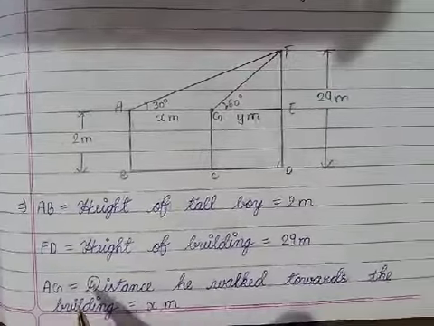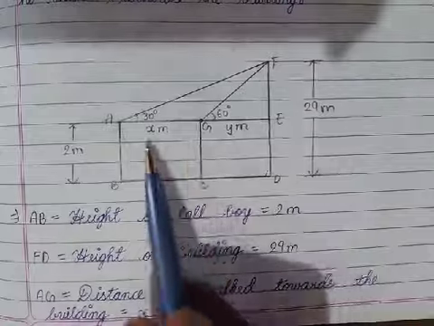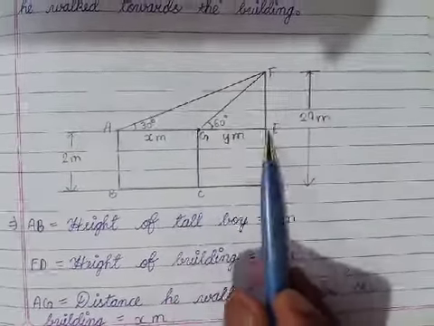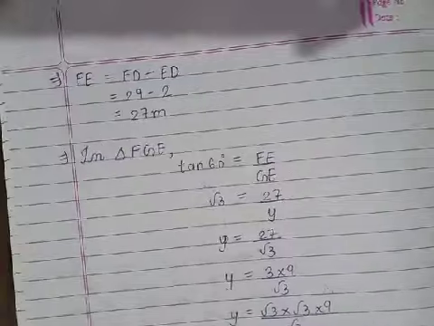AG is the distance he walked towards the building, let it be x, and CG is the distance between the second point and the base of the tower. So we have to find what is